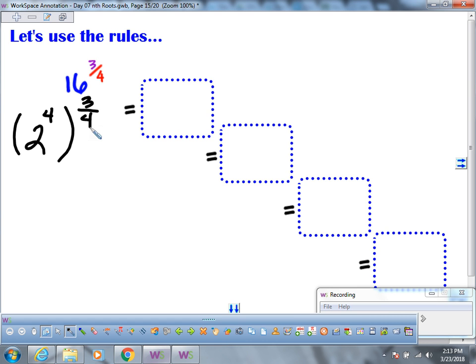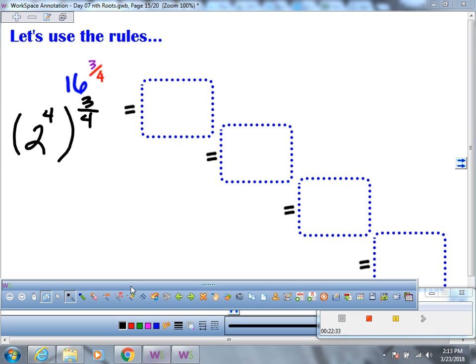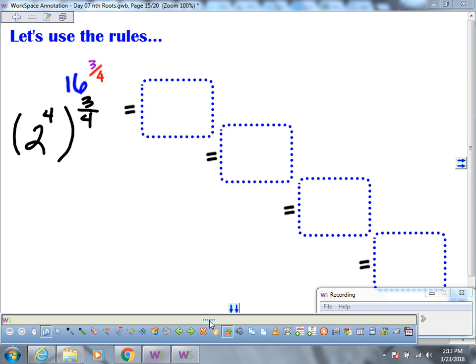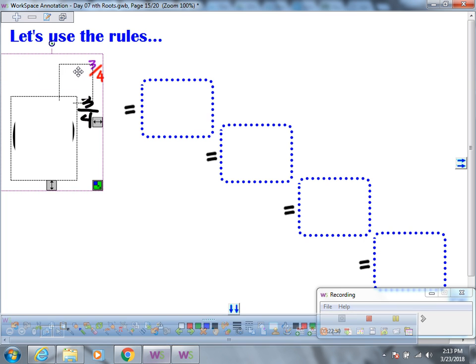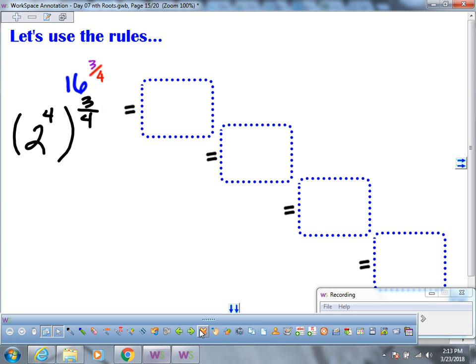I have a number, and I'm raising it to the 3/4 power, correct? I need the talking to stop because this is going to be key right here. So right here I have a number that is to the 3/4. Does everybody agree that there's a number here that's to the 3/4, there's a number under here that's to the 3/4? Okay. So now I'm going to talk about the fact that I have